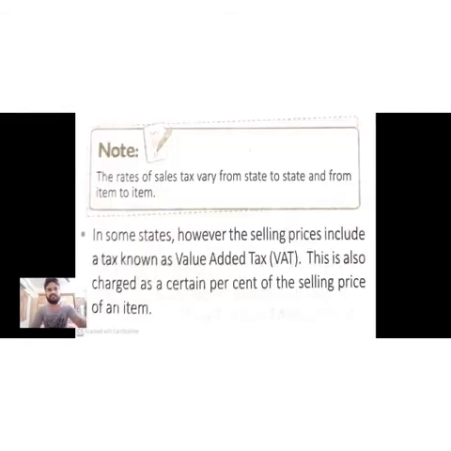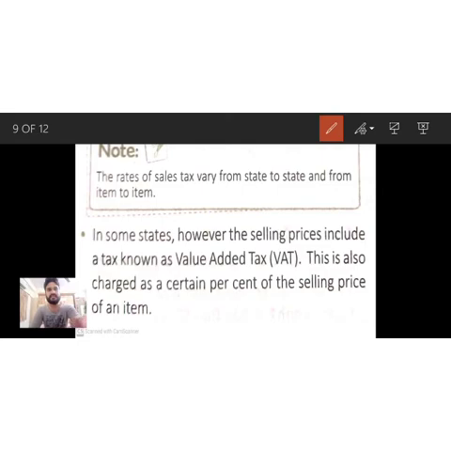See here, the rate of sales tax varies, means it is different from state to state and from item to item. In some states, however, the selling price includes a tax known as value added tax. This is also charged as a certain percentage of the selling price of an item. The value added tax is already included in the selling price. You can see that